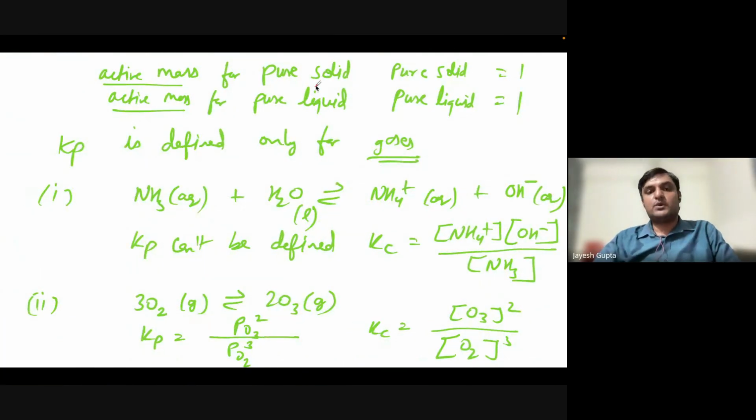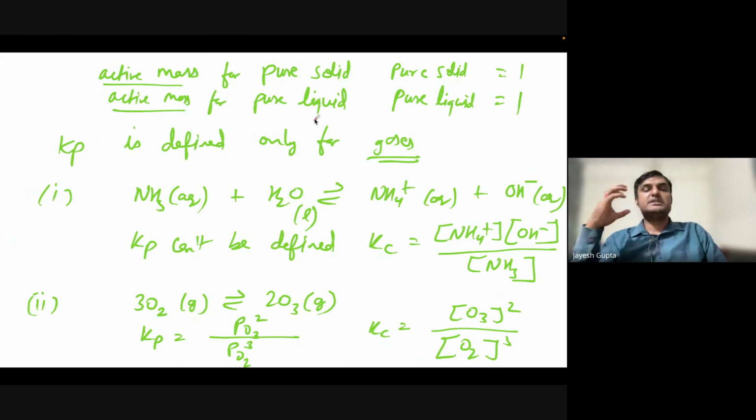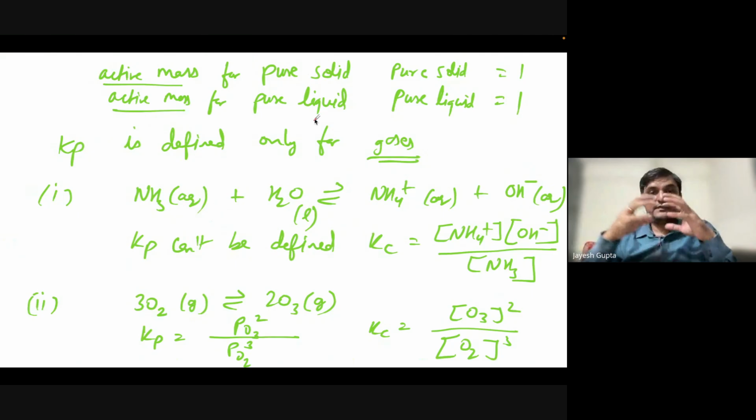In the last class also I told you that active mass is how much activity is shown to go for equilibrium. The more active it is, the more easily equilibrium will be achieved. And if you are disturbing the equilibrium, it will be more sensitive towards restoring the equilibrium. So we know that gases have very high activity. That's why we consider only gases in our expression when we write Kc, Kp, Kx for active mass. But when we write Kc, Kp, Kx, or the active mass expression for solid and liquid,